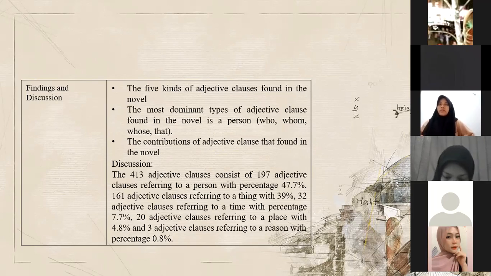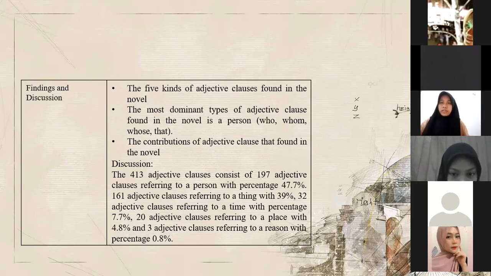In this novel, the researchers need to find the concept of adjective clause from Jane Green's novel, Another Pitch of My Heart. And from the discussion section, the researcher found that the 413 adjective clauses consist of 197 adjective clauses referring to a person with a percentage of 47.7%, and then